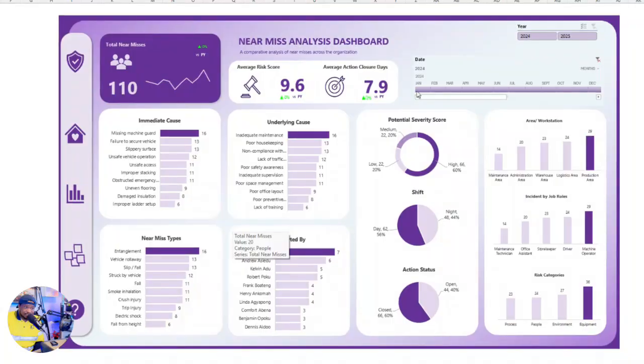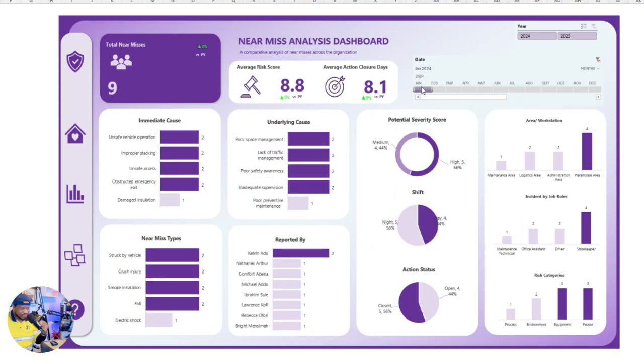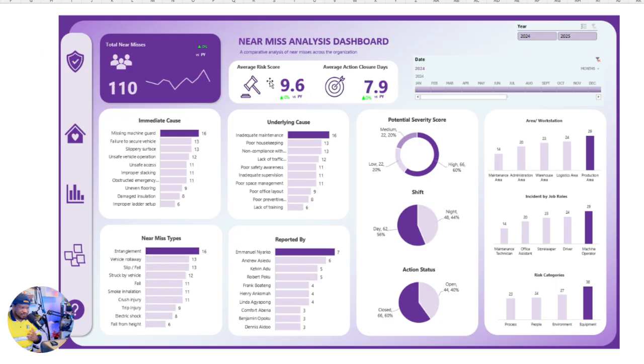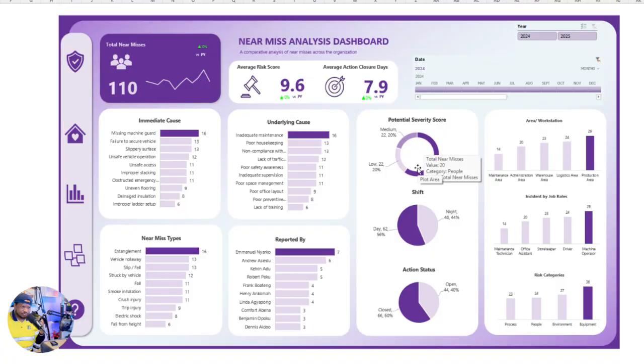As you can see, this dashboard is very dynamic, and this is basically a descriptive analysis of a data set. We'll get into the data set very soon, but before that, let's try to understand what this dashboard is all about. We are basically counting how many near misses, what is the average risk score, what is the average action closure date, what are the immediate causes, the underlying causes, and the near miss types reported by who. Okay, so all those who reported near misses, we identify all of them, the potential severity score, the shift when the near miss occurred, the action status, the workstation or the work area, the incident by job position and risk